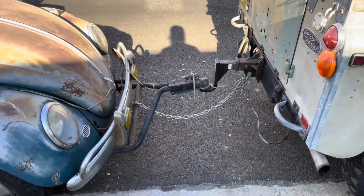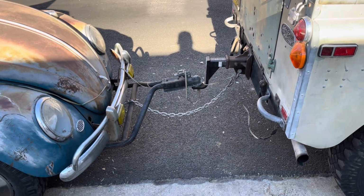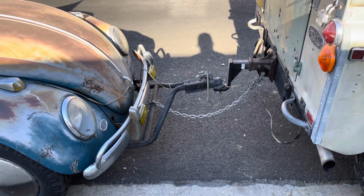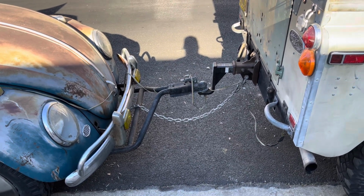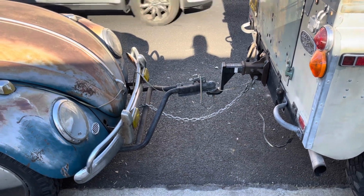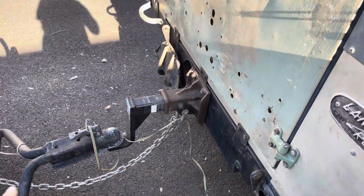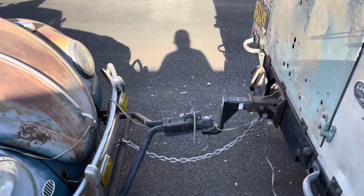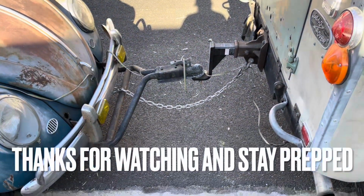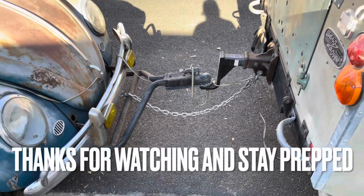So if you have every car ready to go with the tow hitch, a tow bar, and all that, you can make your own stuff. You can buy them. It depends on the level of expertise on welding that you have. But I recommend that you either buy it or make it yourself and be prepared. Don't forget your chain to be ready to sling it in case of an emergency. Otherwise, you're going to have a world of hurt, especially in California. They'll be stopping you for something as simple as a tow chain, a safety chain. Okay, I'm going to